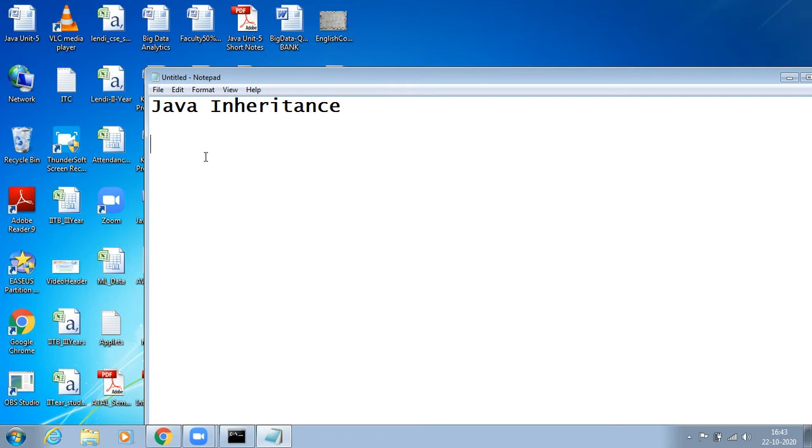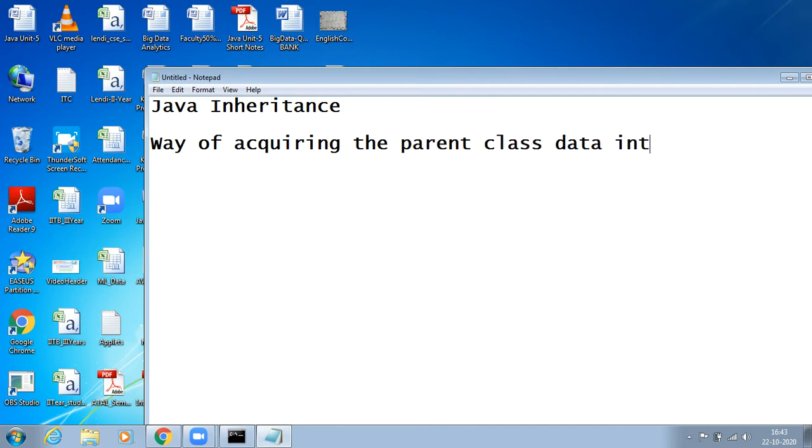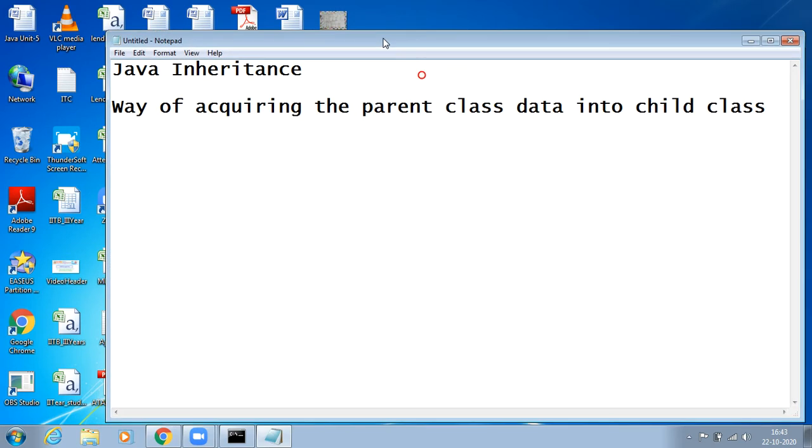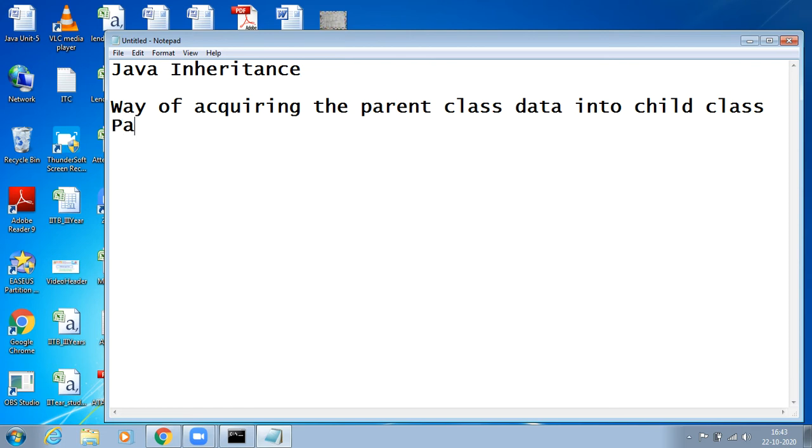So what exactly is inheritance all about? Inheritance is the way of acquiring the parent class data into the child class. Shortly, we can say it is a parent-child class relationship.